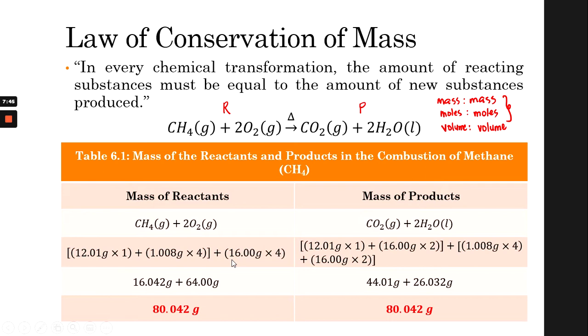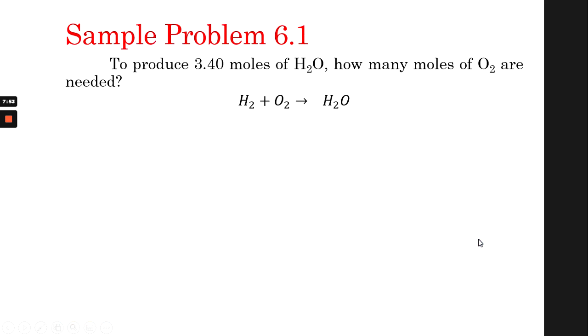Or if you are given a certain amount of reactants, then you can calculate how much product you will get. So let's look at this sample problem. To produce 3.4 moles of H2O, how many moles of oxygen are needed? So we know that in order for us to create H2O, we need to use a synthesis reaction between hydrogen